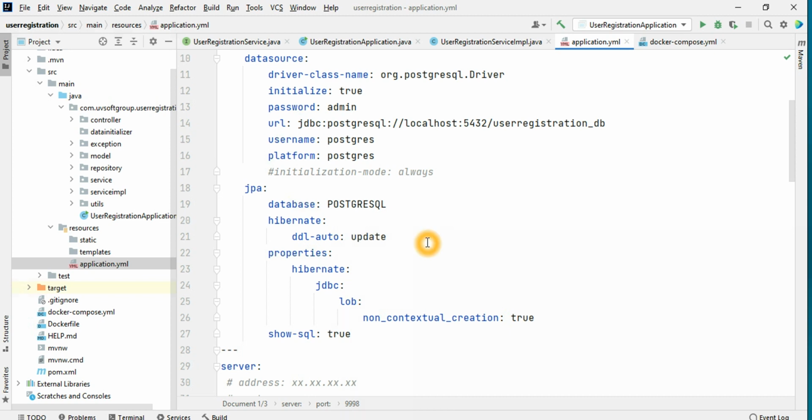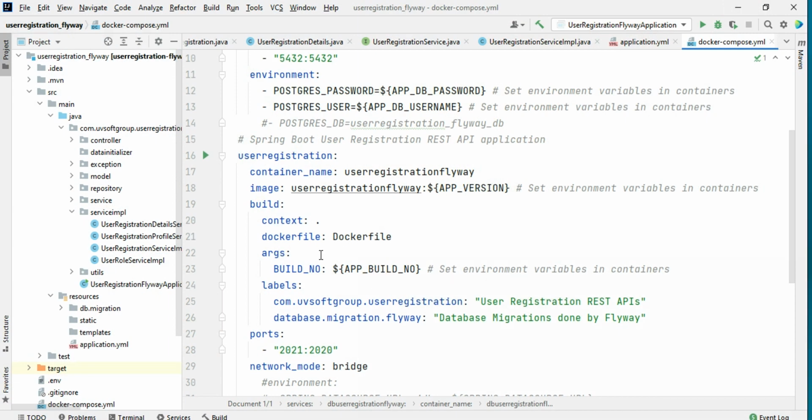I just give the information and the schema has to be built automatically; Hibernate or JPA will build the schema automatically. That's the information. I also have different projects where I already integrated Flyway.